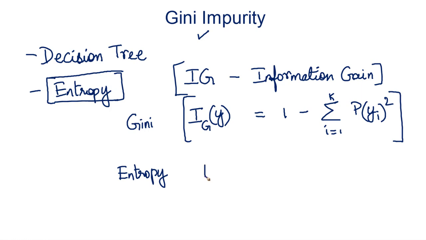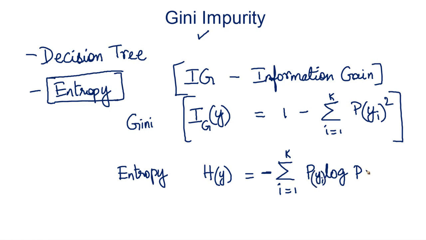Now, do you remember what the formula for entropy is? Entropy formula, generally written as H of y, is nothing but summation of, for all the different categories, the same formula applies here. For i equal to 1 to k, we have a negative sign here. Probability of the respective class and log of the probability of the respective class. P log P, summation of P log P. This is entropy, and there's a negative sign over here. So this is the formula for entropy, and this whole thing is the formula for Gini index.